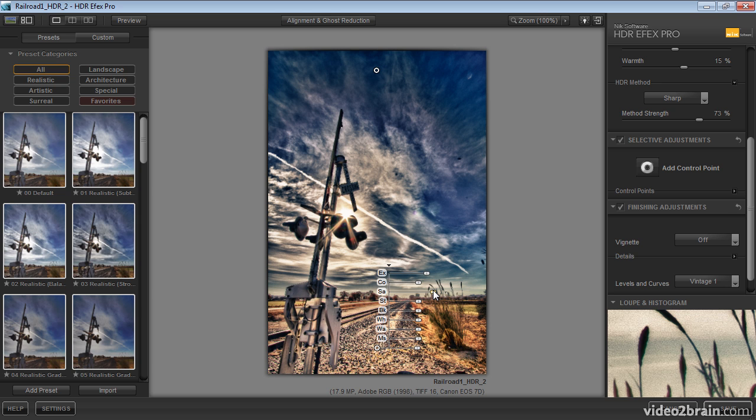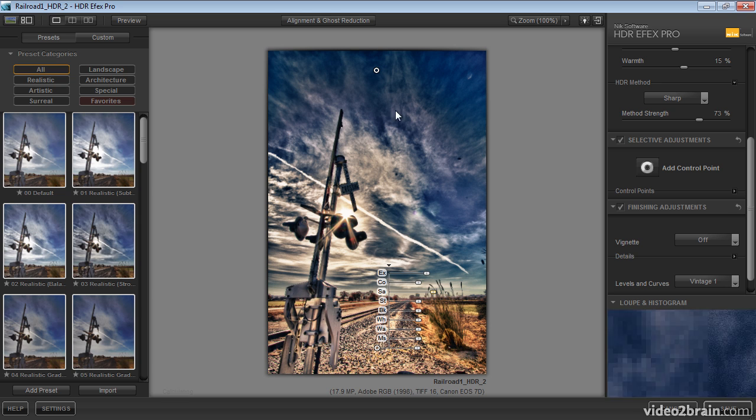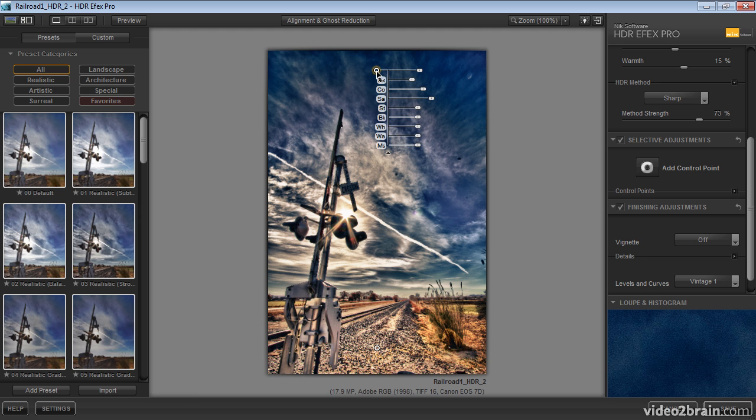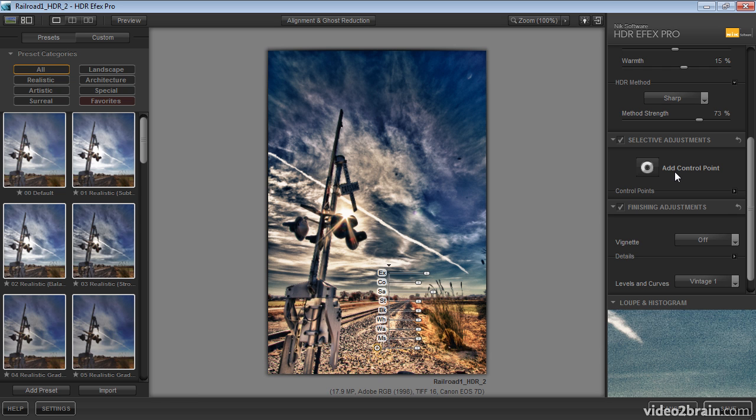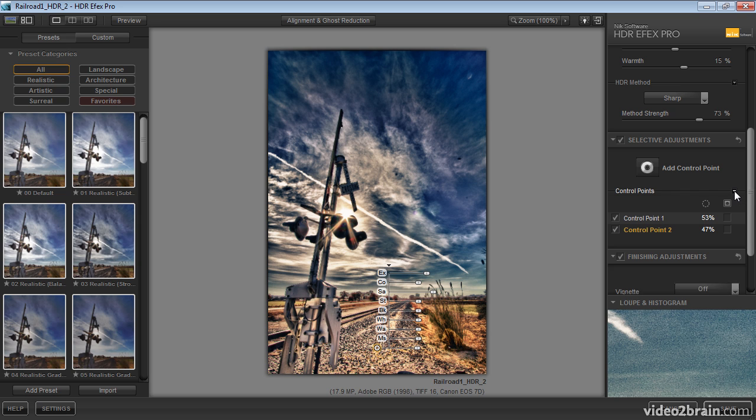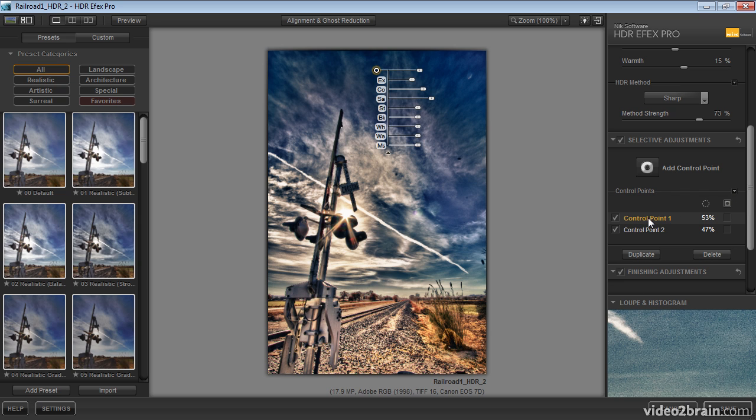And of course, we can always go back to these control points in order to fine-tune them. You can see the button for my control point up at the top of the image. I can simply click on that to activate that control again and fine-tune the adjustments, or click on the lower control point, or add additional control points at any time. And in fact, if I expand the control point section here, you'll see that I'm able to select the individual control points and make adjustments to them. I can delete a control point or even duplicate a control point if I want to have variable effect in